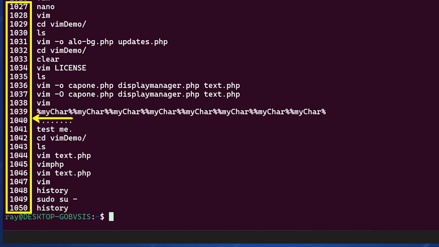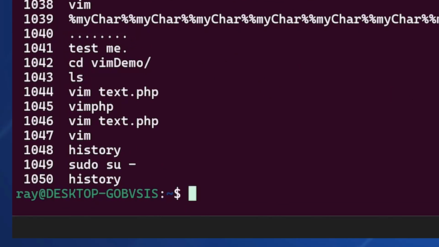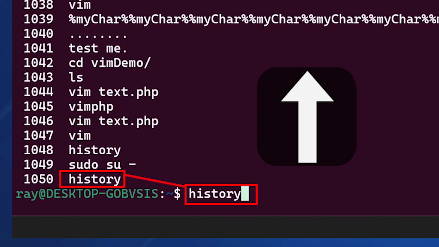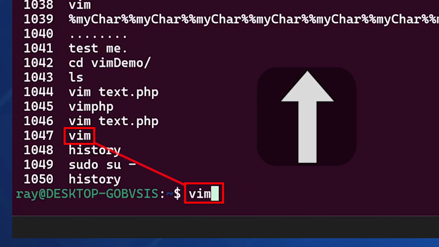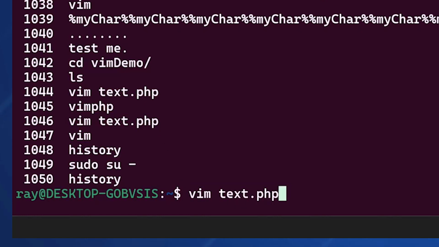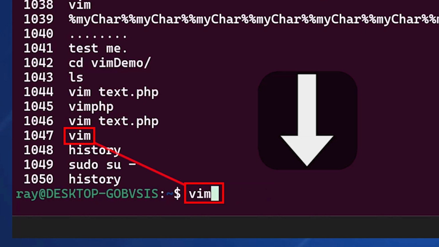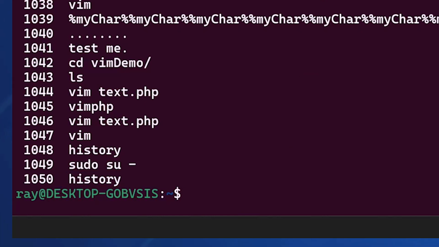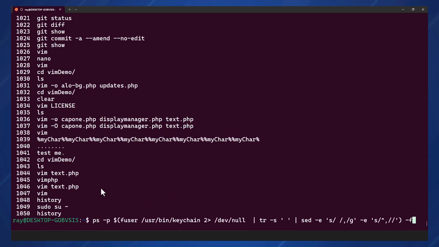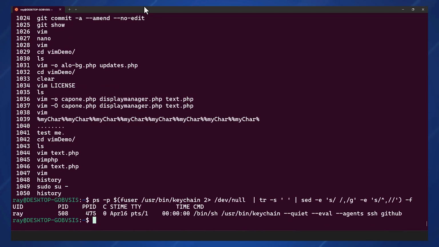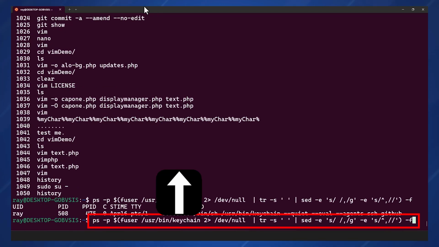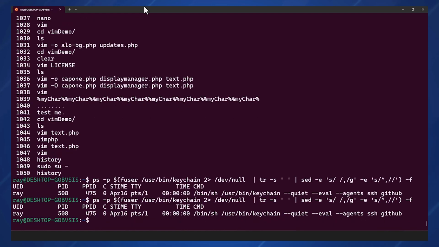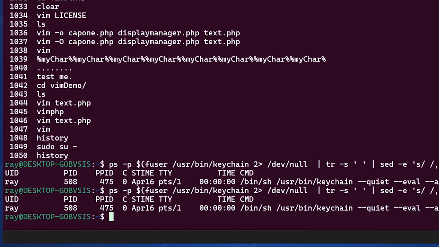More on this later. Hitting the up arrow will start to take you back up through the list. And down arrow will take you back down. The main advantage is if you type a giant command, which adds it to your history, all you have to do is hit up arrow, then enter to rerun the previous command. Another way to rerun the most recent command is with the double bang.